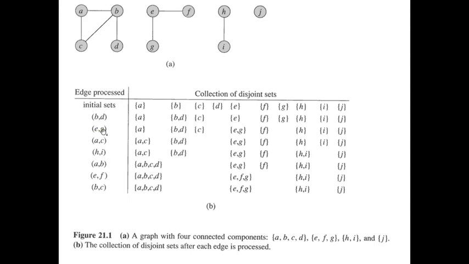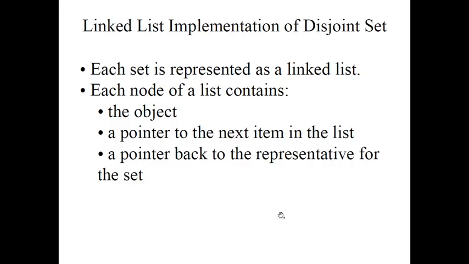Then you can see the next edge is BD. BD means find set B not equal to find set D. Find set B is B, find set D is D. Then union BD, and B is going to be the representative. Then B and D are destroyed. The number of remaining sets for this graph is A, B, D, C. Then EG means E and G. Here you can see, okay, this example is very easy to understand.